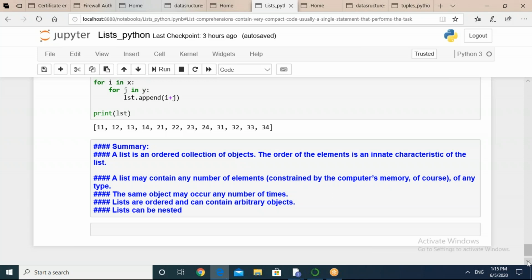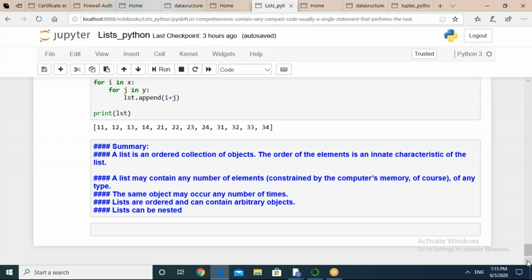If some element is at index 2, it means we are referring to it at index 2 only. I cannot put it at some other place. For that, I need to make the changes. But otherwise, lists are to be read and referred to according to their index. A list may contain any number of elements constrained by the computer's memory. As such, there is no limit, but definitely if you keep on extending your list, adding items, ultimately due to memory limitations, it may raise an error message.